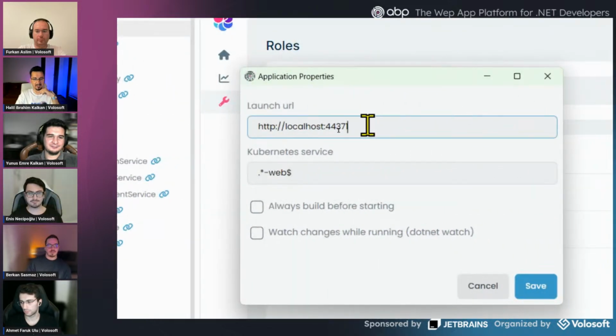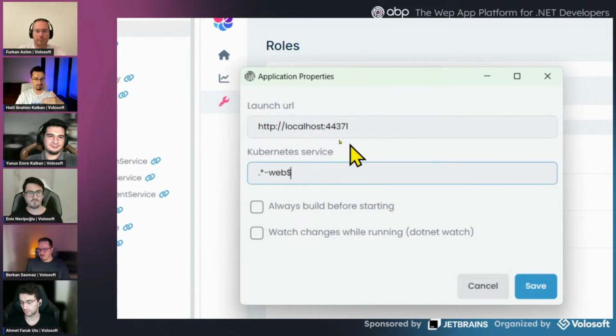It's used to arrange the launch URL, or if this application is deployed to Kubernetes, it also writes the Kubernetes service here. It may be a little complicated now. You can see the documentation for now, but basically your application is related to a service in Kubernetes. In this way, when the Kubernetes service is working, we can collect the monitoring data and visualize the application that's